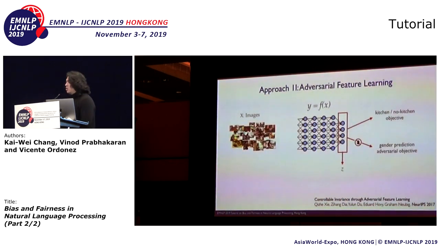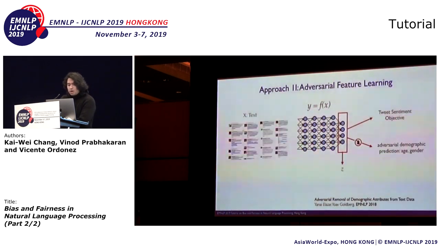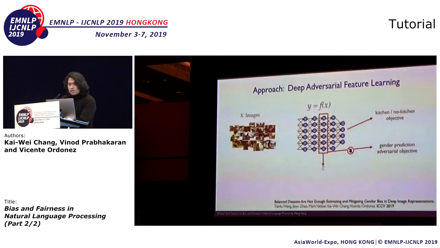So we're going to try to predict our classification, and at the same time, we're going to try to not be able to predict the gender from the features. But actually here we had a very deep neural network with 50 layers. So another thing we tried in this paper was to debias some of the intermediate representations that the model was learning. And we found that actually trying to remove the gender from the very last layer is not the most effective